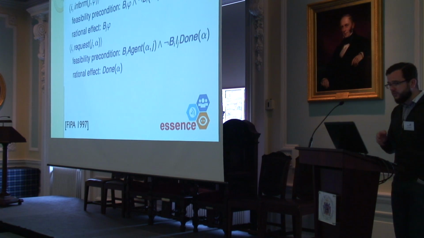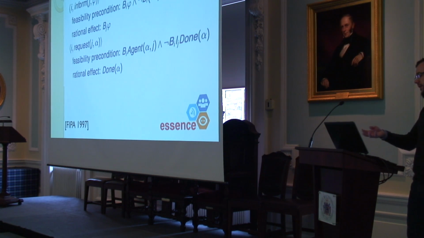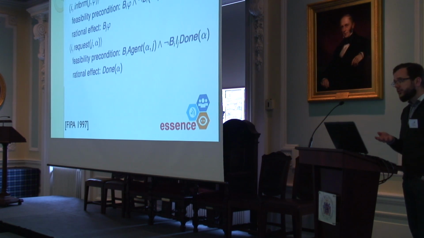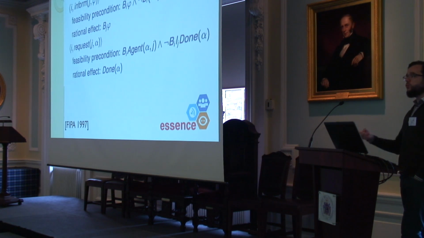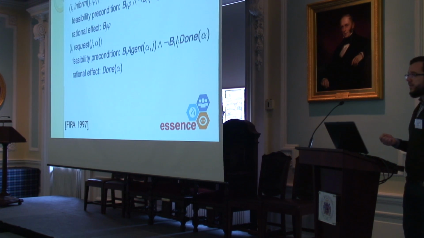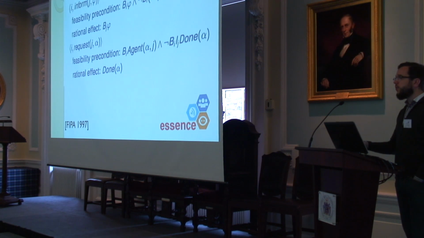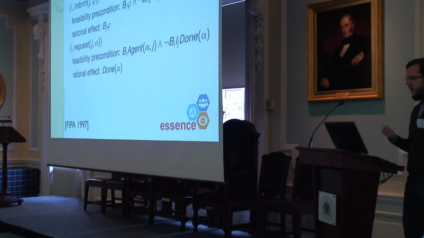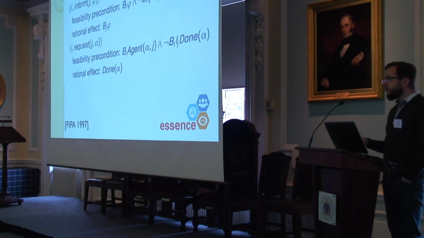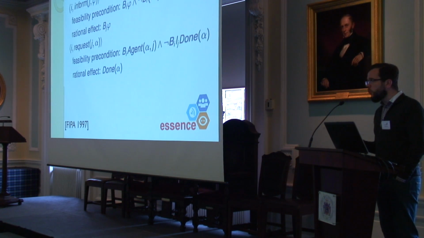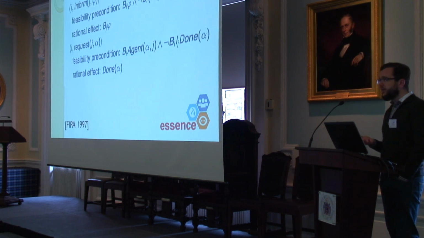So I don't want to go into details of this example, but basically in this communication language, they define 22 different speech acts, and they're all derived from two definitions. One is informing somebody else of something, and the other is requesting an action of someone. Okay, so you have these feasibility preconditions which say what needs to hold for this speech act to be successful,